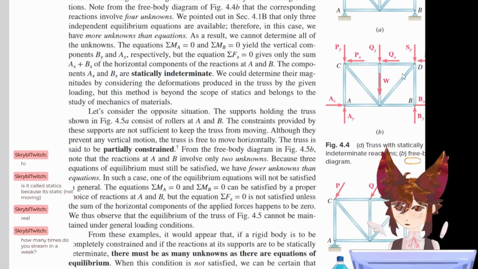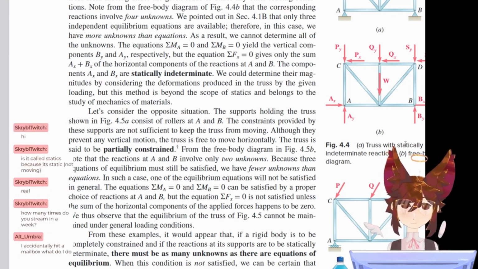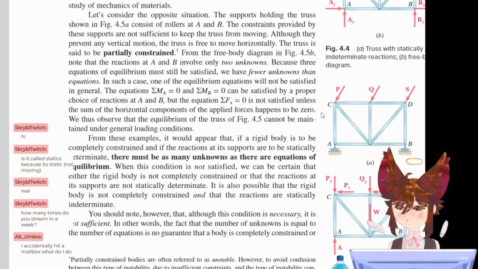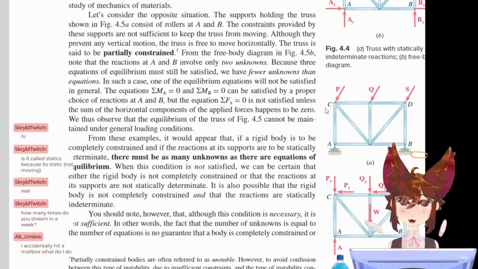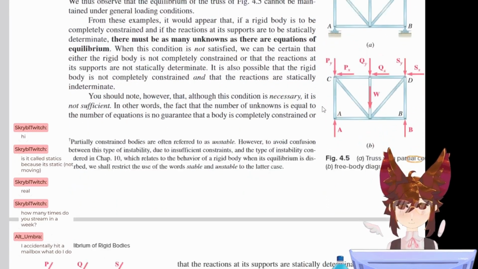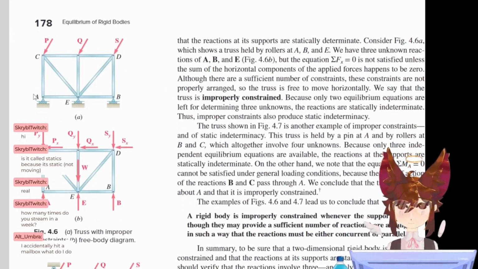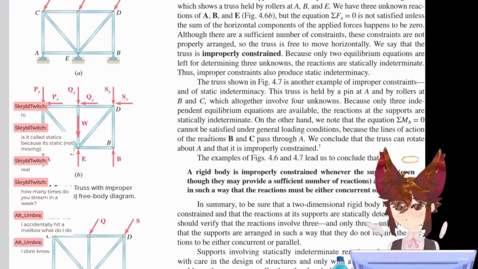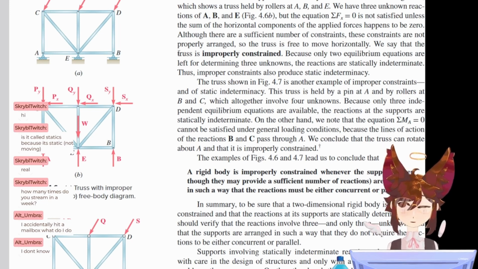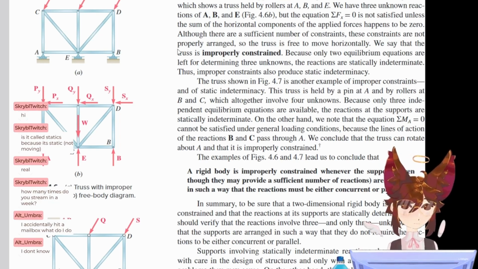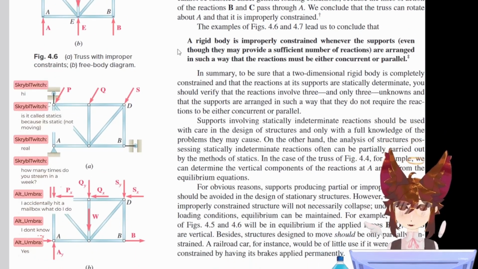Statistically indeterminate reactions. Jesus Christ, this is crazy. Sorry, not statistically. I accidentally hit a mailbox. Whose mailbox? If it's yours, then there's a different answer to the question. I don't know. Okay, so it's not yours. Did you actually hit a mailbox? Or is this a hypothetical? I don't drive. So I don't know. I don't drive yet. Yet.